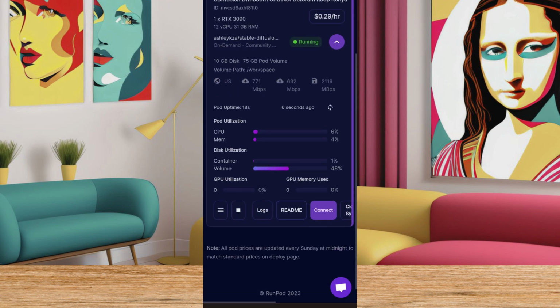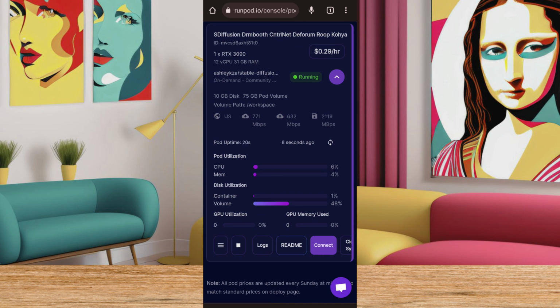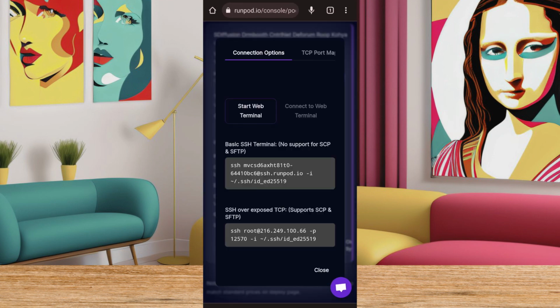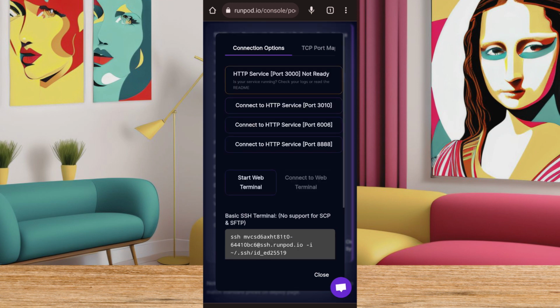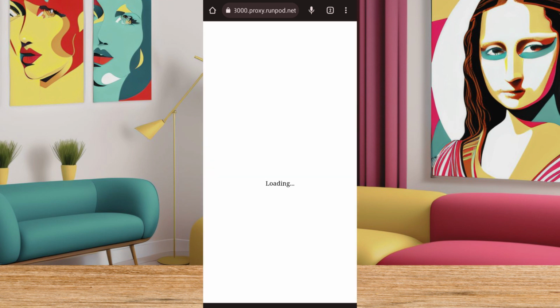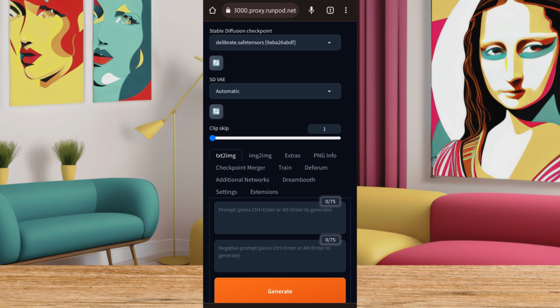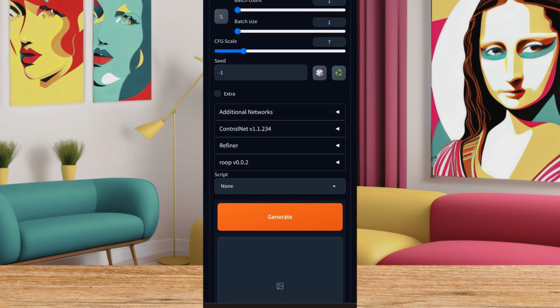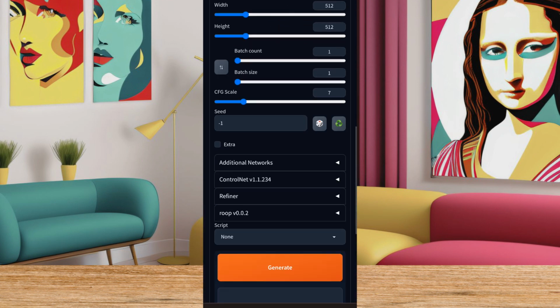Now wait for some time till the ports get ready. After that, I will click on connect. Now let's connect. Enter the first port. That is for the web UI. Web UI is loading. And you can see all the models that you have downloaded, all the extensions you have downloaded